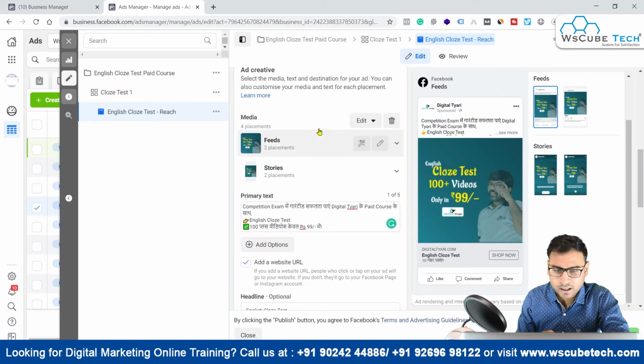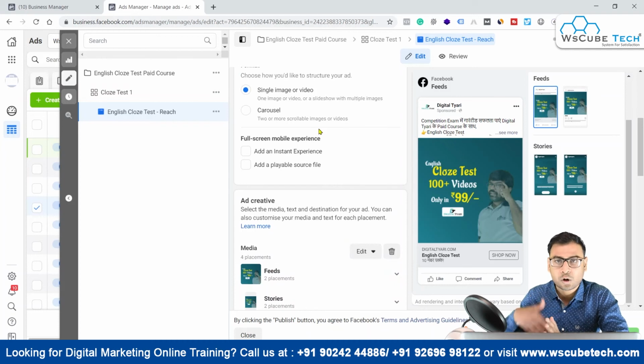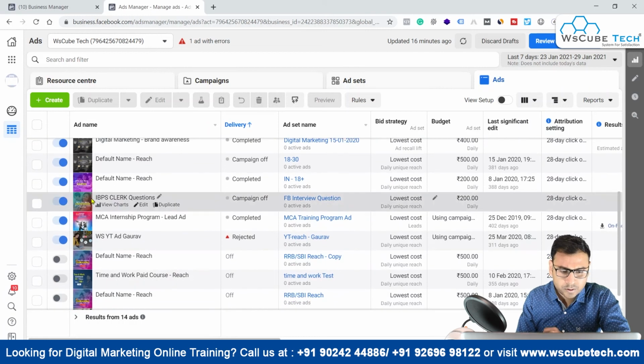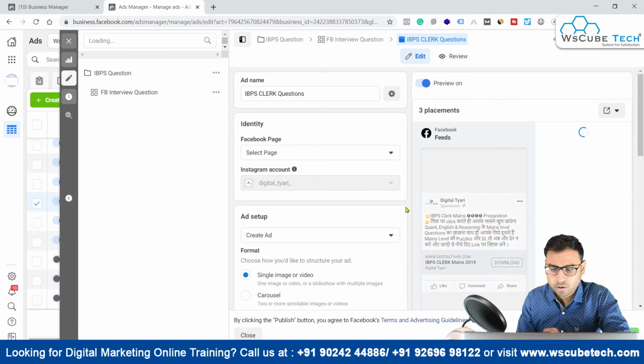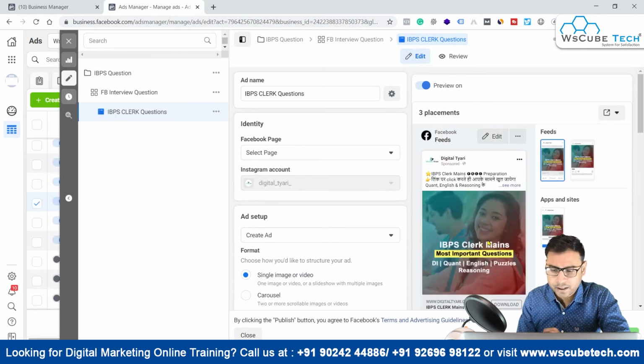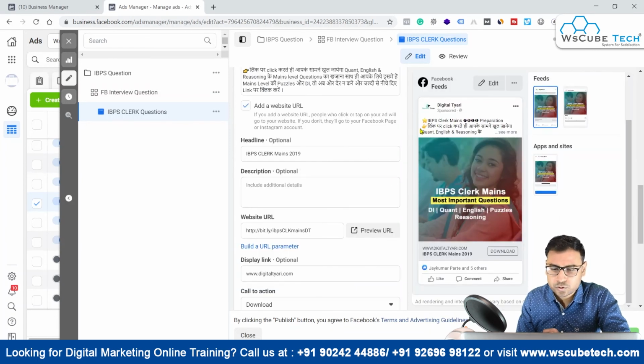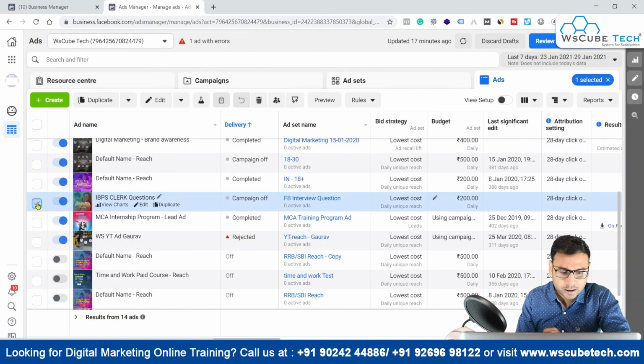So this is one ad that we have seen so far. Now this ad will also give you an idea how you can actually create ads, and how you can utilize the power of combined languages. Now let's come back over here and explore another one. So this one is for IBPS clerk, and let's go to this and see what kind of ad it is. Again, it is a combined ad, and you can see IBPS clerks means most important questions, and this is again one ad copy. You can also use different emojis, right? As I did. So you can use these kinds of things.